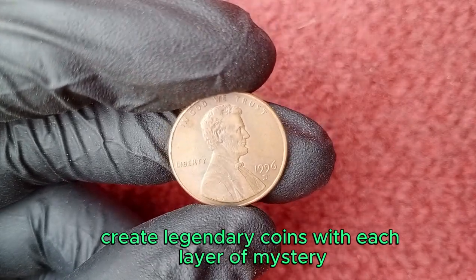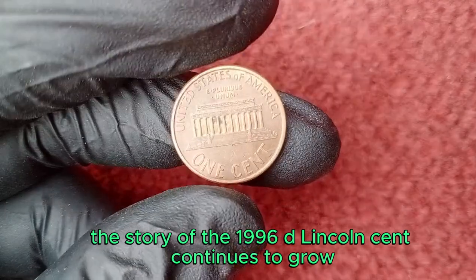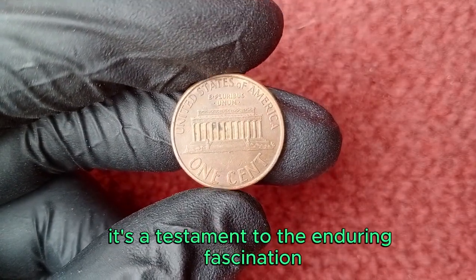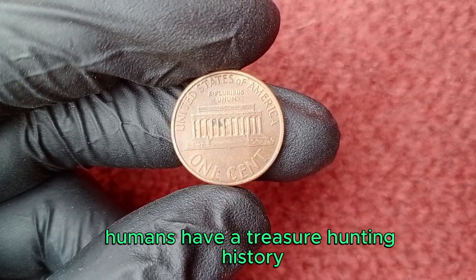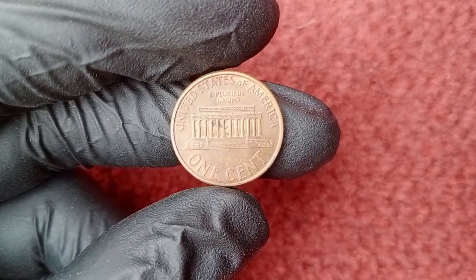With each layer of mystery, rarity, and potential for error, the story of the 1996 D Lincoln cent continues to grow. It's a testament to the enduring fascination humans have with treasure hunting, history, and the idea that something so small could carry such immense value. Whether you're a seasoned collector, a casual enthusiast,